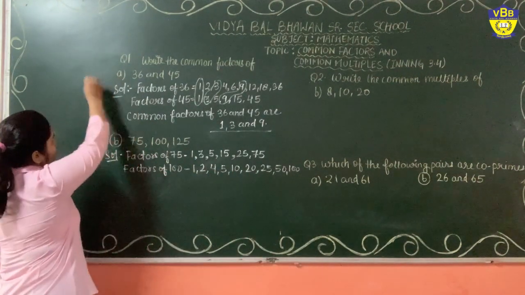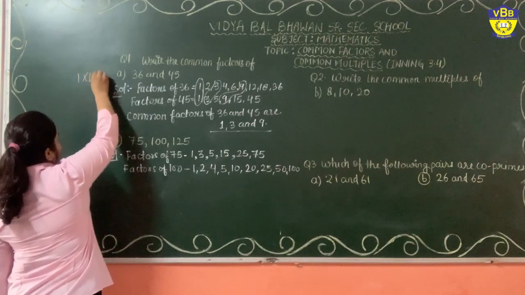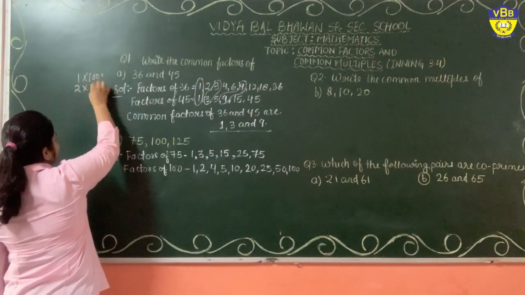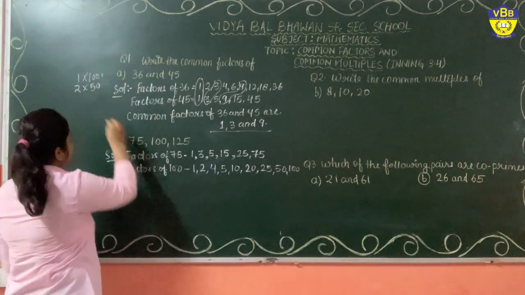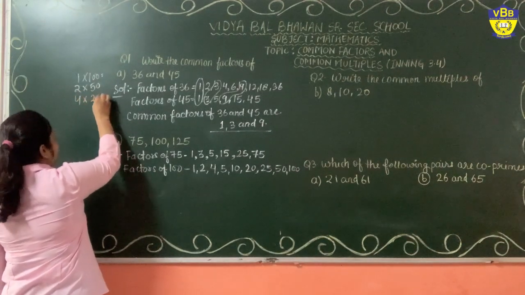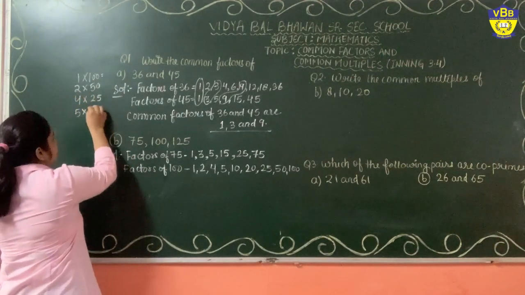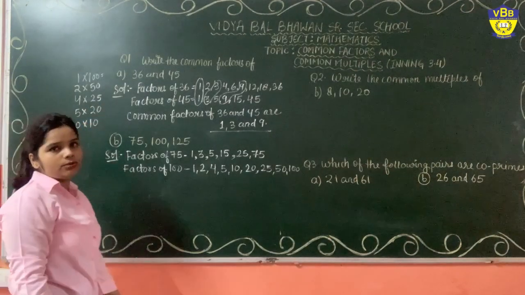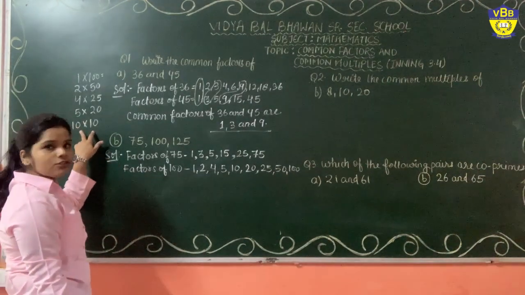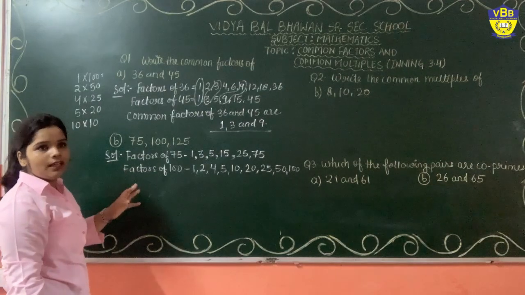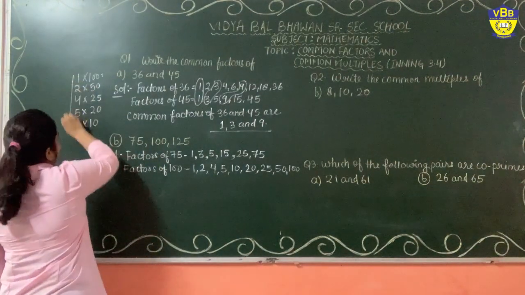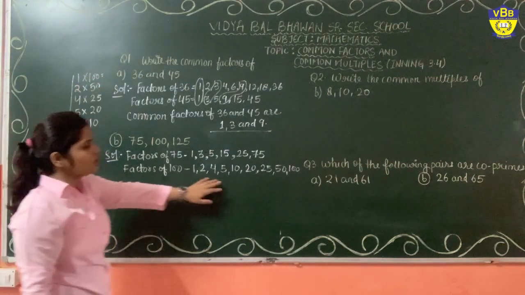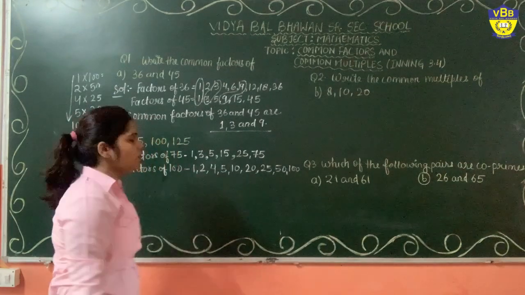How can we do that? You know that 100 comes in the table of 1, 100 times. Then in the table of 2 it comes 50 times. In the table of 4, 25 times. In the table of 5, it comes 20 times. In the table of 10, it comes 10 times only. Now here 10 is repeated. So we don't need to check the numbers after 10 and write all the factors like this: 1, 2, 4, 5, 10, 20, 25, 50 and 100. That's what we have done and listed all the factors of 100.